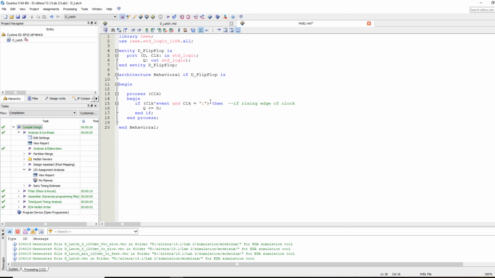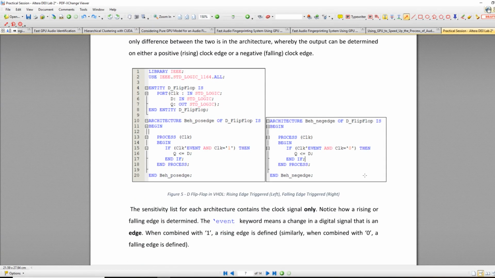In other words, if I am not at a rising edge, then there's no change in Q, and Q retains its previous value. All right? And this is essentially the code for a 1-bit rising edge triggered D flip-flop. The alternative code for a falling edge flip-flop is shown in this slide here. You'd notice that I'm just checking to see if I'm at a clock transition that results in a 0. In other words, if I'm at a falling edge,